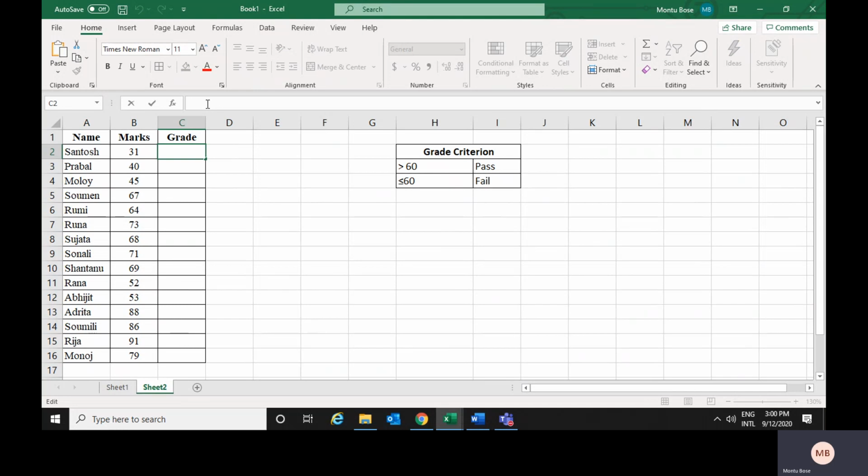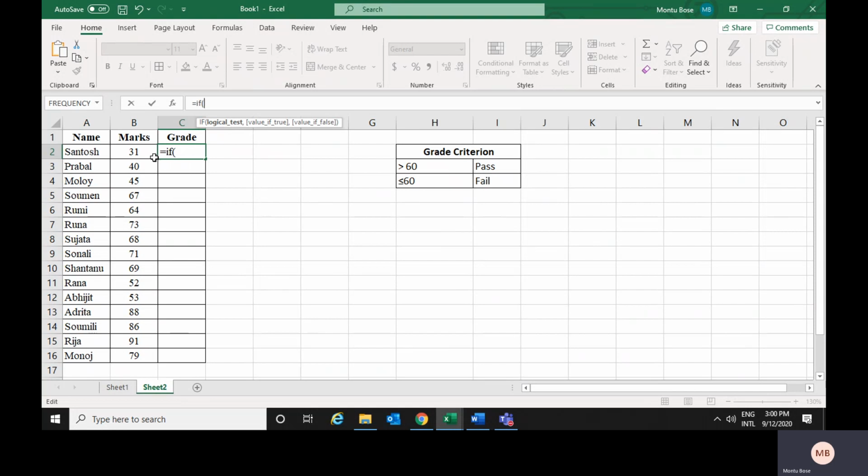First of all, whenever you are going to use any function in Excel, you have to start with the equal sign. So I have used the equal sign, then I have to write if. Then I would start the bracket. After writing this, you could see the criteria of the if function is coming. That means first logical test, then value if true, then value if false, and each of these are separated by commas. So I would use the same technique here.